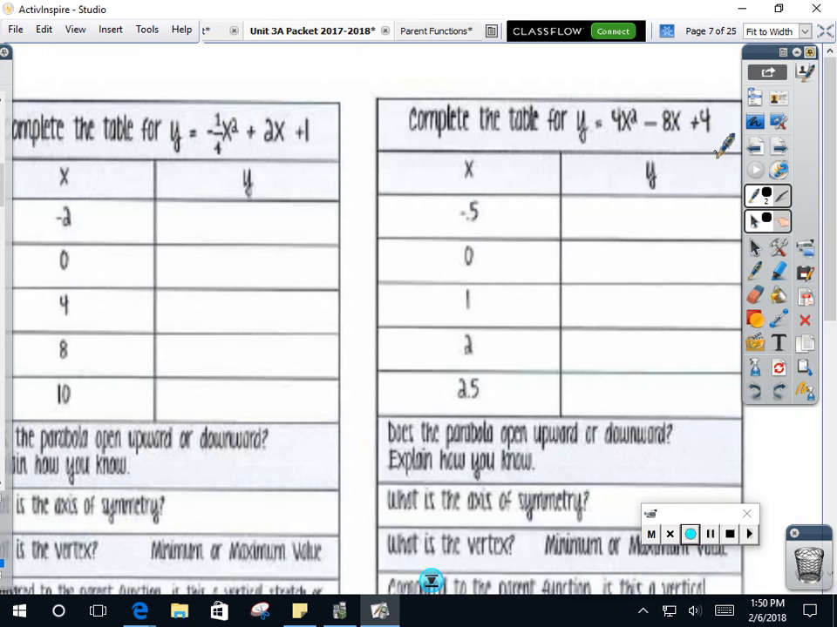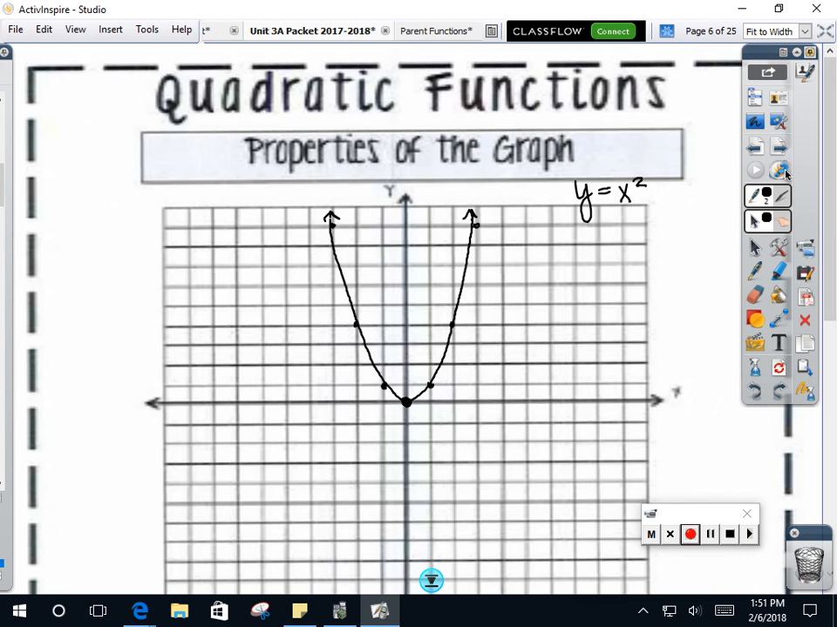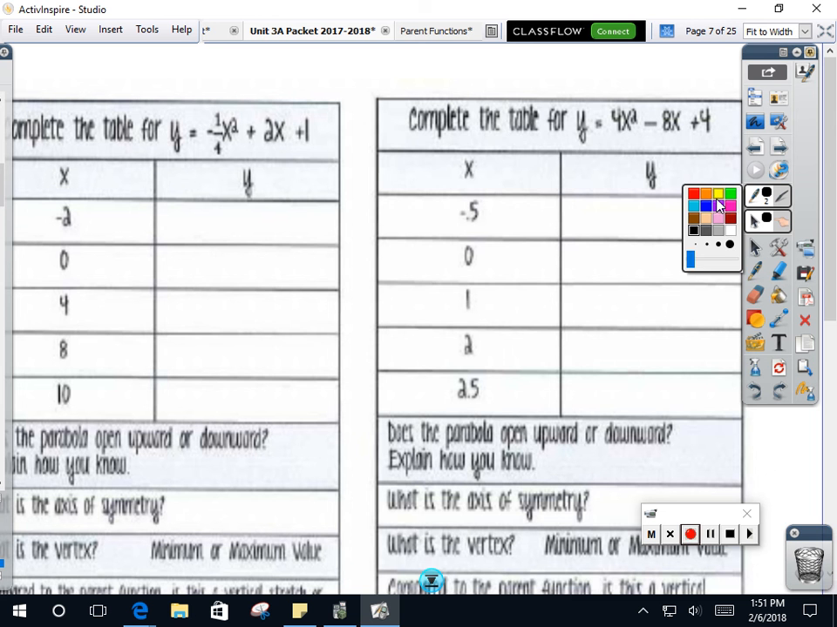Okay, for table number 1, the one that's y equals -1/4 x squared plus 2x plus 1, what did you get for the y values? Hold on, let me write them in a different color. That way it'll match up with my parabola. Okay, -4, 1,